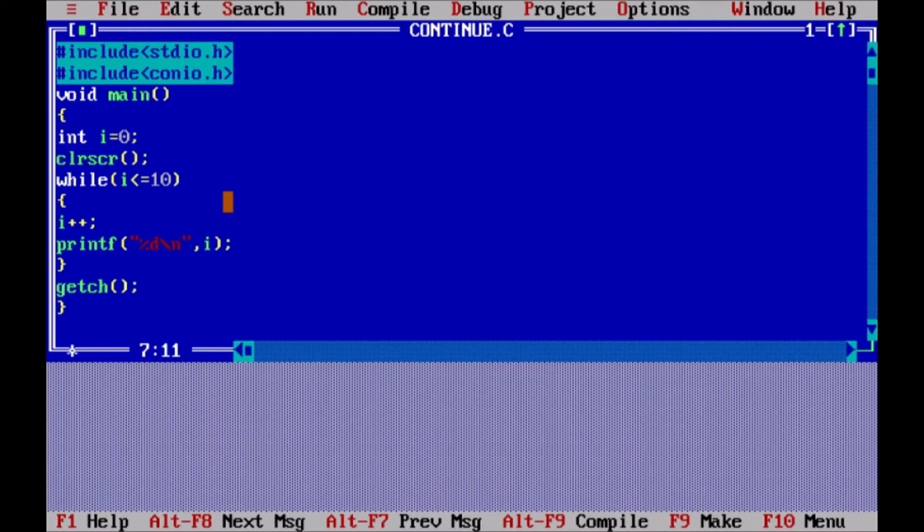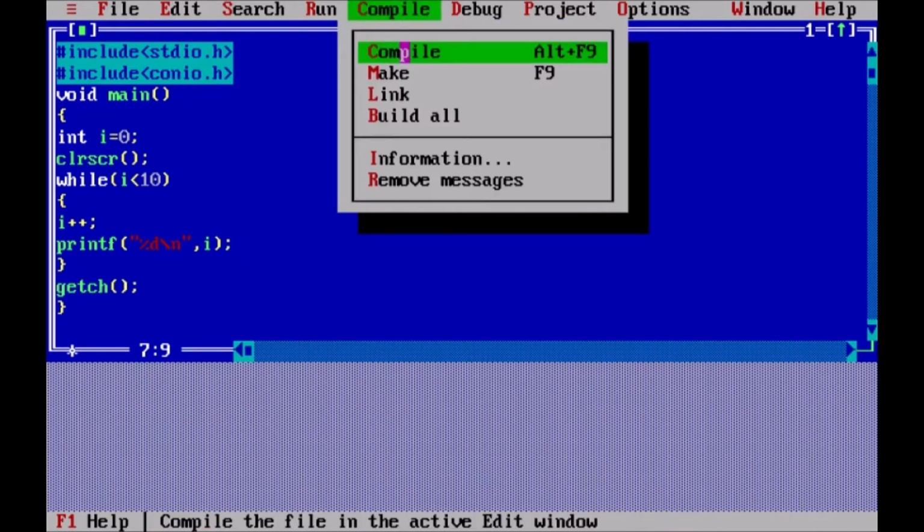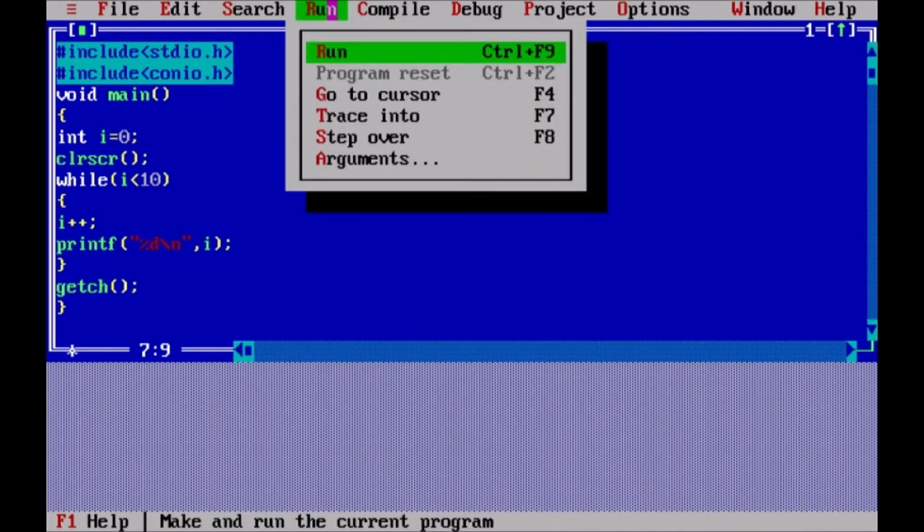So therefore, I will remove the equal to symbol here. Since the value of I will be 9, 9 will be incremented to 10 and up to 10 numbers will be printed on the screen. So let us see whether our logic is working correctly or not. Let us compile and run. Okay, everything is fine. So it is printing numbers from 1 to 10 on the screen.